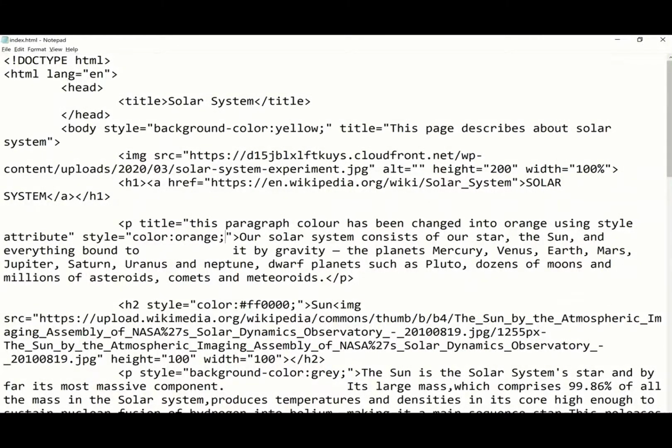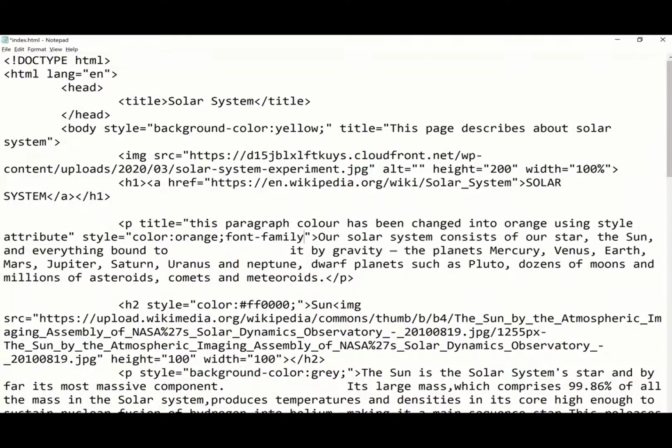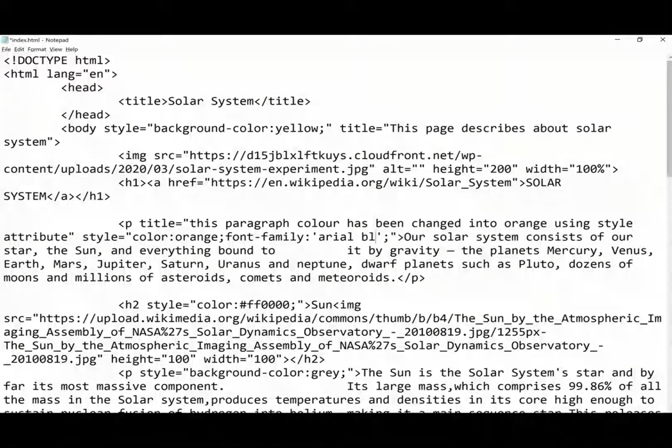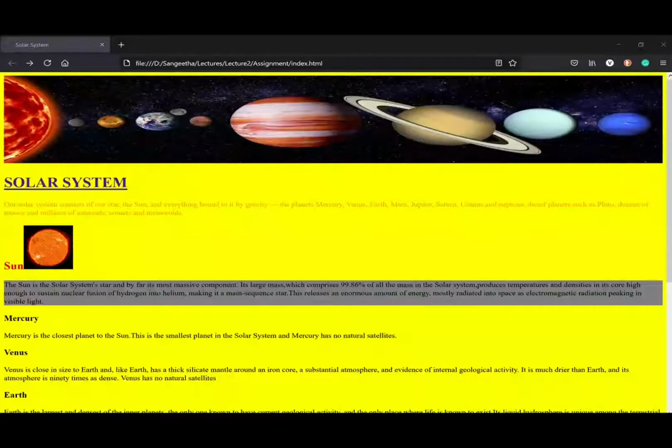Next, I am going to use the font-family property to change the font for this paragraph. I am going to give Arial Black. Save the file and refresh the web page.